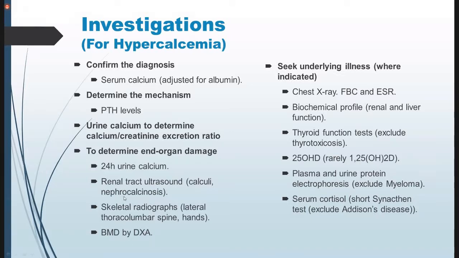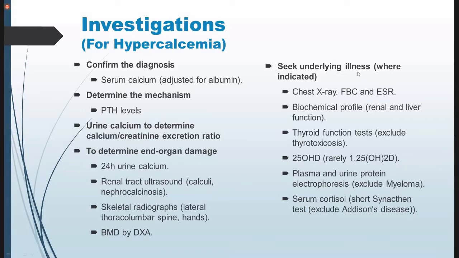Okay, these are far advanced and sophisticated investigations which you have to perform in the case of hyperparathyroidism. When you have confirmed that this is hyperparathyroidism, then you have to perform these last two investigations. The one is the urinary calcium creatinine ratio, and the other is the end organ damage, because there you have to decide about the final diagnosis, as well as see if end organ damage has occurred, and then plan your management accordingly.